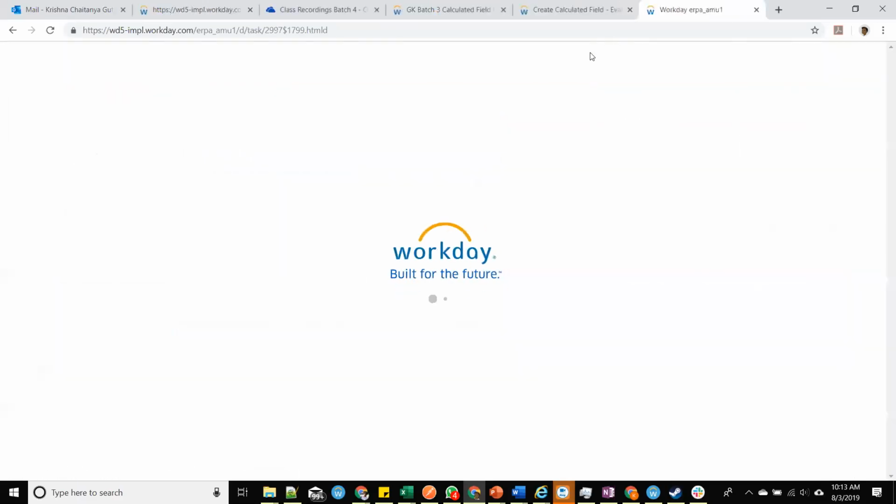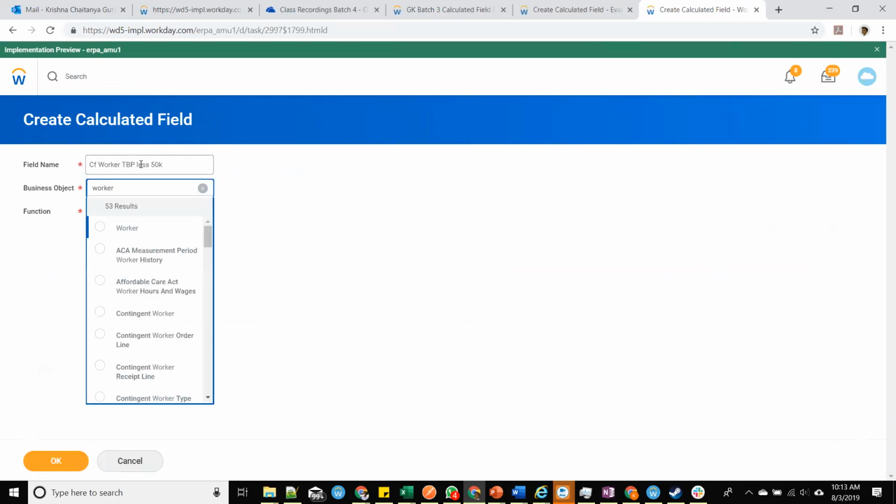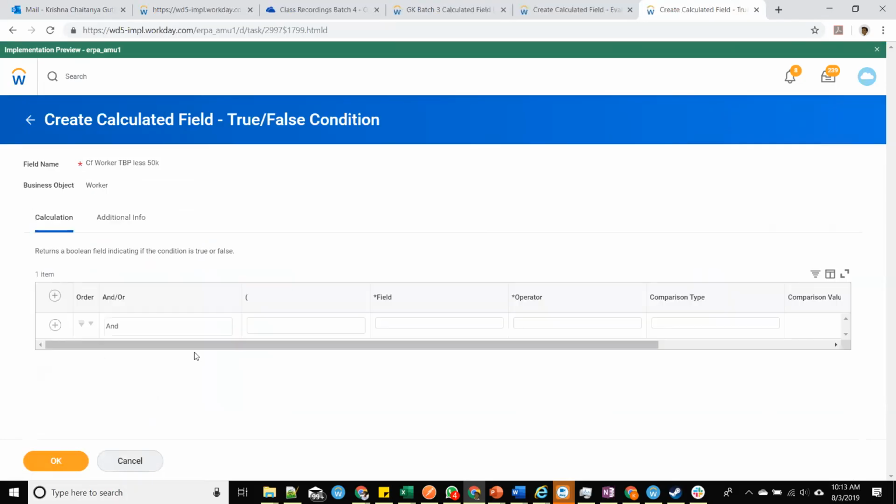I'm going to duplicate. You're going to say here total base pay less than 50K. I'm going to put it on the same worker object. That's where my evaluator is being built. I'm going to create a true or false condition here. Click OK. And I'm going to say